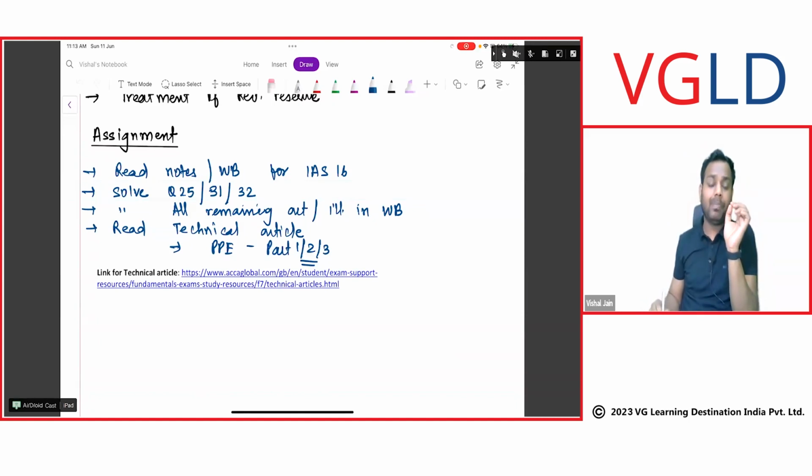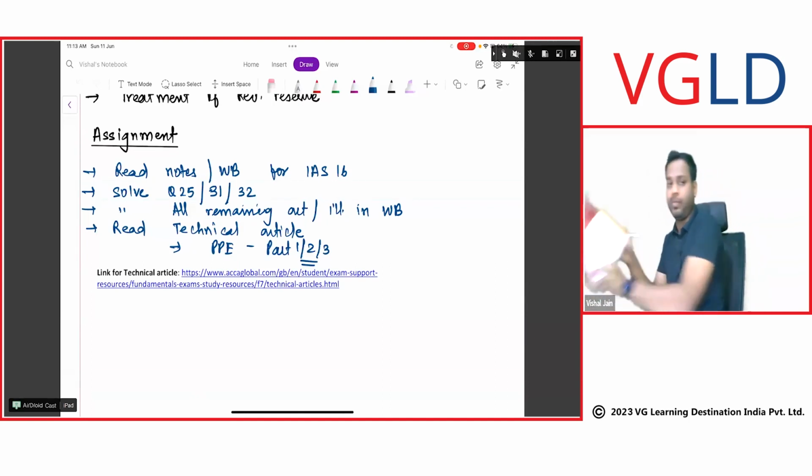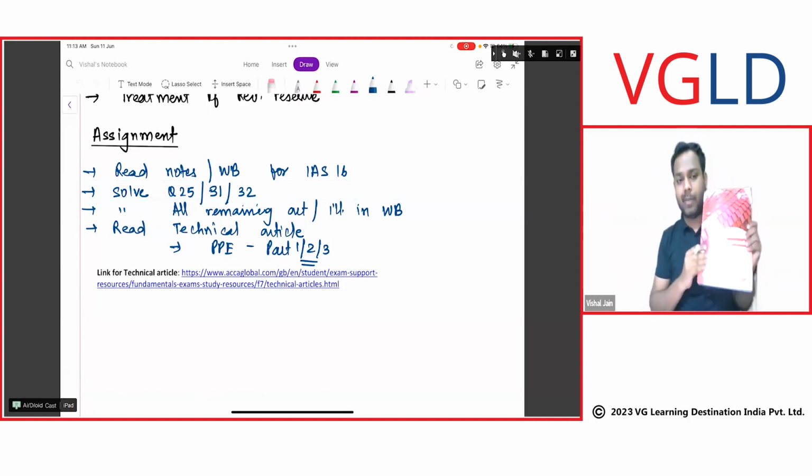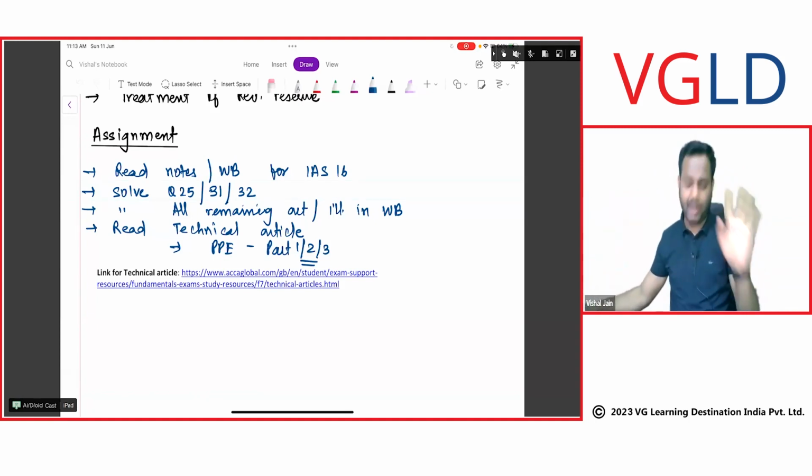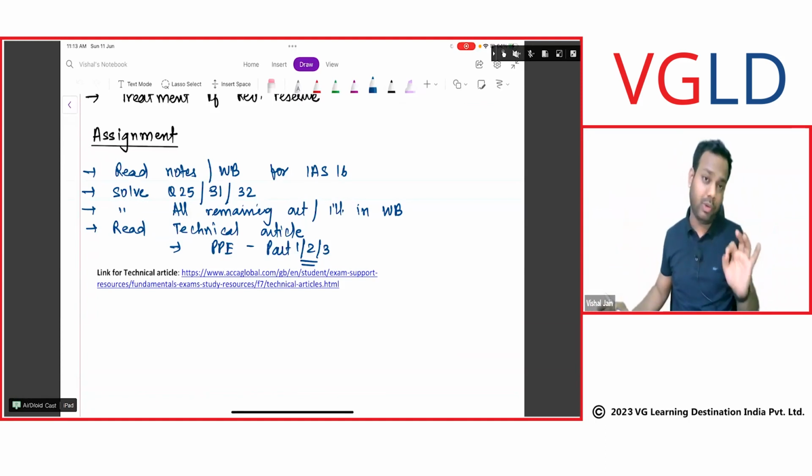Now guys, those who have the revised book with you, this book I'm talking about, one of you has to take the responsibility to help the students who don't have the book right now. You have to send the images of these 3 questions and the illustrations and the activities in the group. Tell me who will take this responsibility. Very good, Gufran. It's your responsibility, okay?